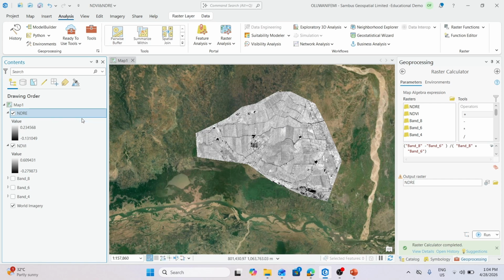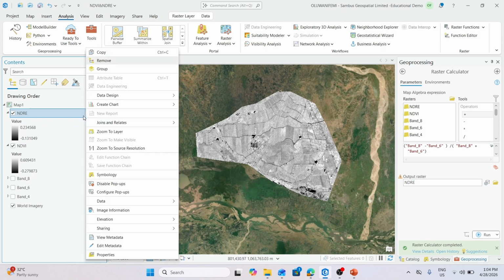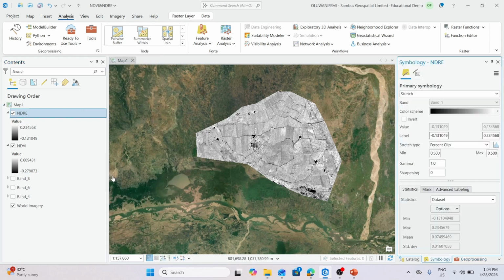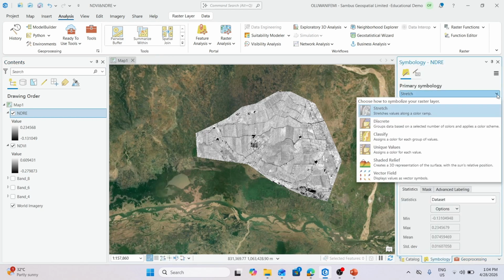To understand better what's going on here, we're going to change the symbology. To do that, you right click and select symbology. When you select symbology, come over here and change it to classify. Since we are working with a range, we want to assign different colors to different values. So, classify,